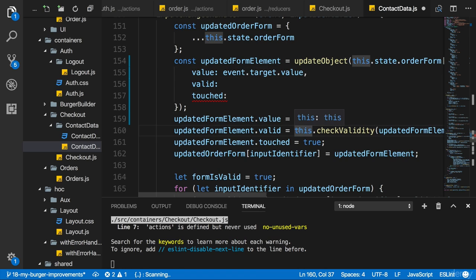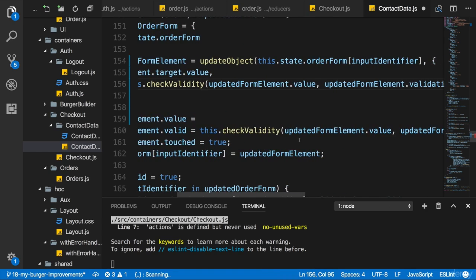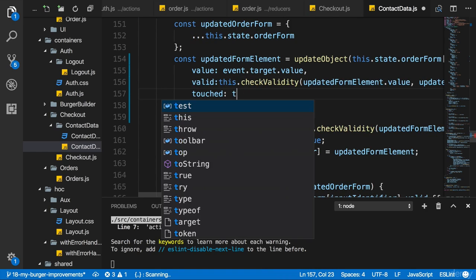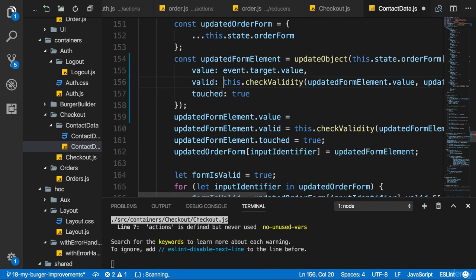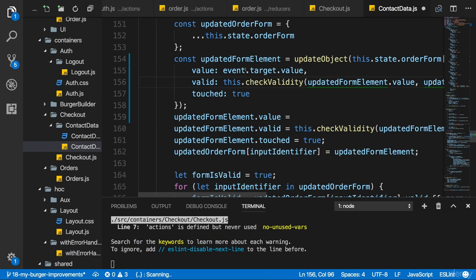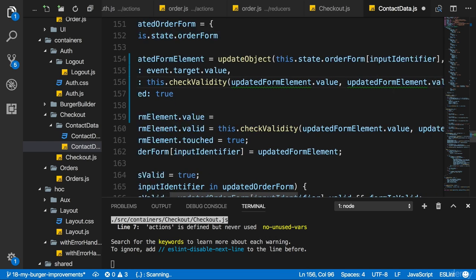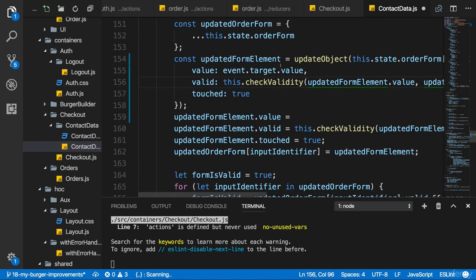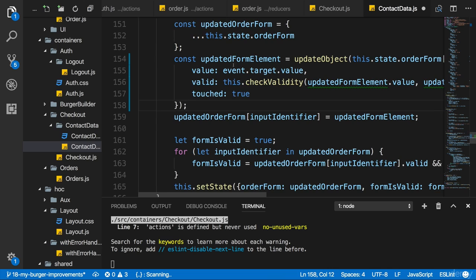So let's add a comma instead. The same for check validity here, and the same for true untouched. So let's replace the semicolon here too. And now we're updating the form element by taking the old one and updating it safely with the update object helper method. Can now get rid of all these lines of code.